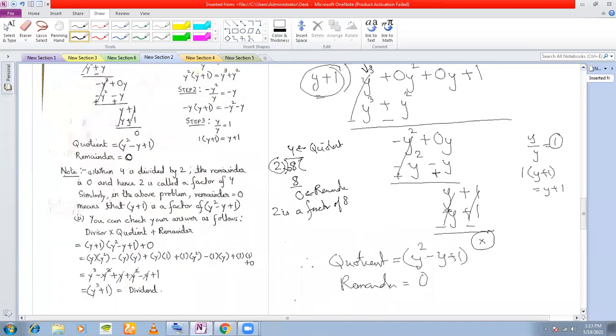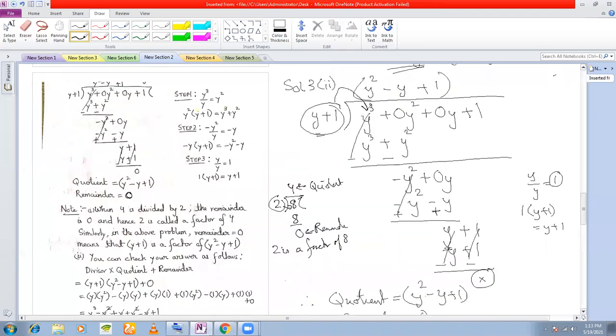That is, we say note. Just remember this, okay? We say y plus 1, which is not needed for the time being, but just remember, when you're getting remainder 0, we say y plus 1 is a factor of y cube plus 1. Clear? Just as when you're dividing 8 by 4, you're getting the quotient as 2 and remainder as 0. Once you see that you're getting remainder 0, what do you say? You say 4 is a factor of 8. Similarly, we say y plus 1 is a factor of this. Clear with this? No question? No, sir.